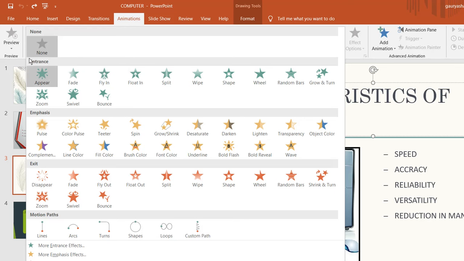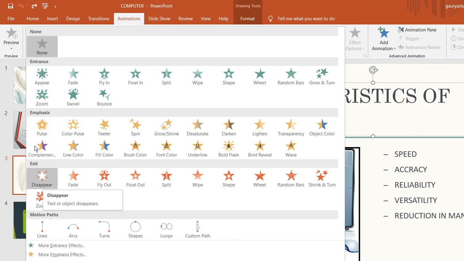If you want to show the entrance of the object, you can use the entrance type of animation.